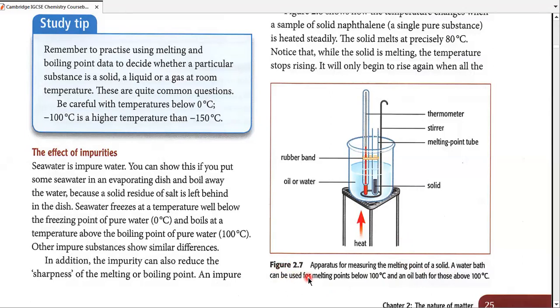ठीक, सो वाटर बाथ अगर हम यूज करेंगे, there is an important line at the description of this figure 2.7 on page number 25, that a water bath can only be used for melting points below 100 degrees centigrade, while an oil bath can be used for those above 100 डिग्री सेंटीग्रेड। क्यों? क्योंकि वाटर 100 पे खुद बॉयल होना शुरू हो जाता है, तो चीज के अपने बॉइलिंग पॉइंट से पहले पहले तक ही किसी चीज के मेल्टिंग पॉइंट के बाथ के तौर पर यूज हो सकता है। वरना जब वो खुद बॉयल होना शुरू हो जाएगा तो बॉयल करके एवेपोरेट हो जाएगा, ये इंस्ट्रूमेंट तो खाली हो जाएगा, तो फिर वहां पर वो ये फाइंड आउट नहीं कर सकेगा।